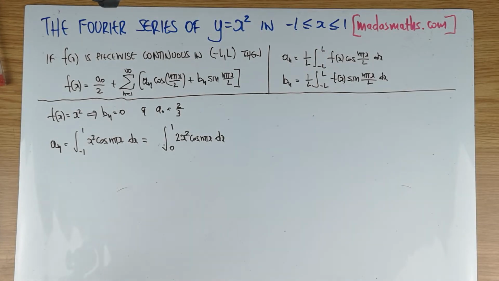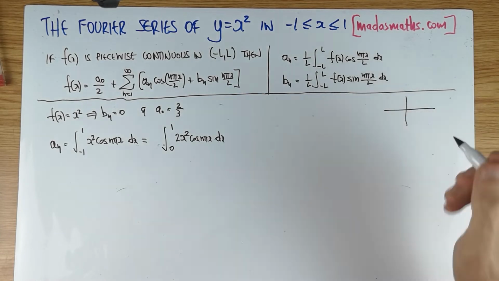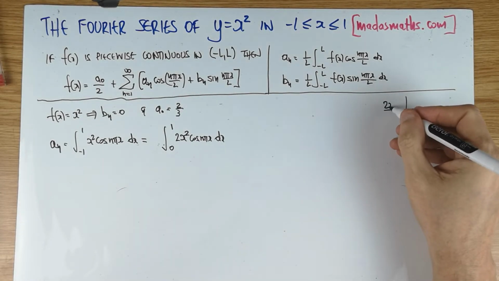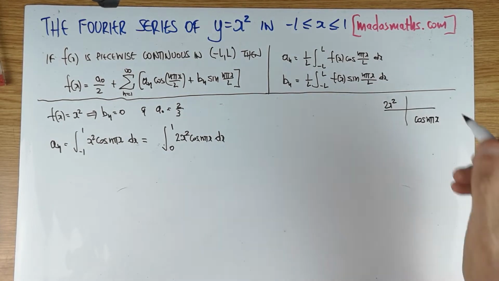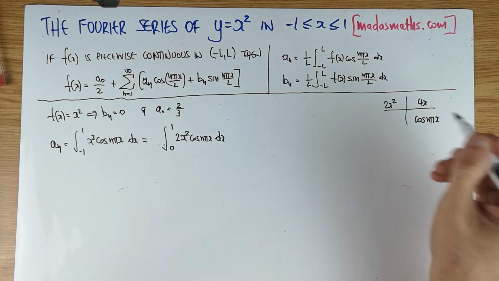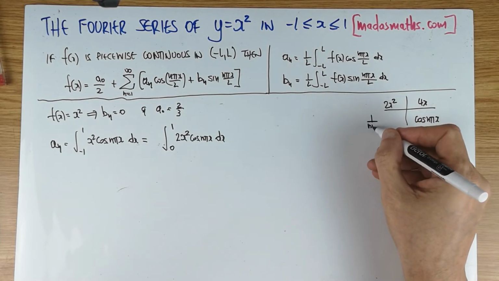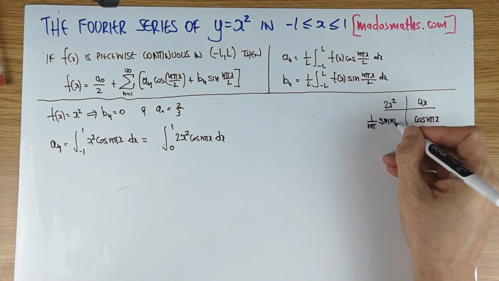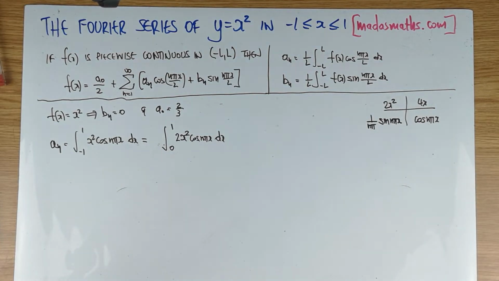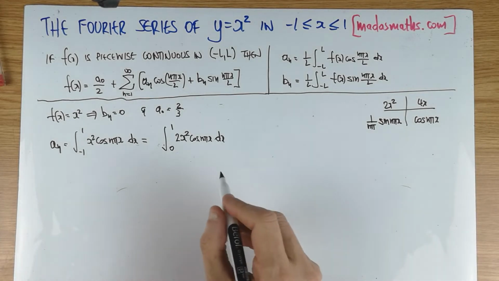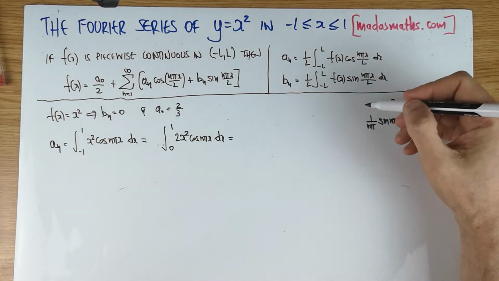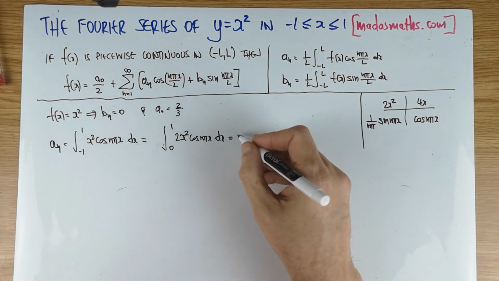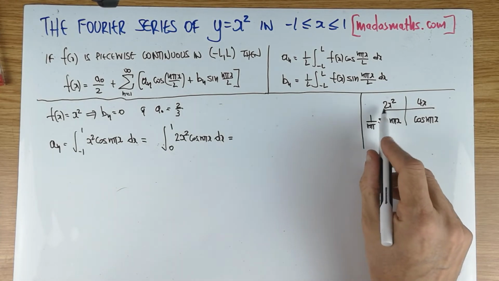Integration by parts, very annoying. So we have 2x squared, cos of n pi x, 4x, and this is going to be 1 over n pi sine of n pi x. So for this particular question, we continue with the bits. Don't know if I have enough room to actually fit it in here, so I'll try to squeeze it. So we got that product,